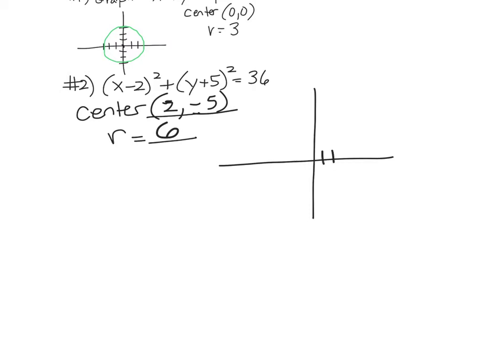1, 2, 1, 2, 3, 4, 5. So there's 2, -5. And now, from the center, not from the origin, but from the center, I need to go a distance of 6 in all of my north, east, south, west directions. So I'm going to count 6 going up: 1, 2, 3, 4, 5, 6. And 6 going out this way, and you can kind of eyeball it. 6 going that way: 1, 2, 3, 4, 5, 6. Eyeball it. And then draw the best